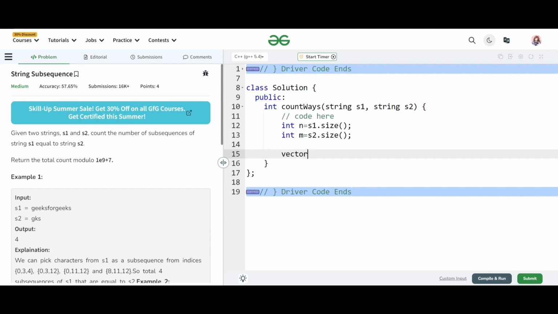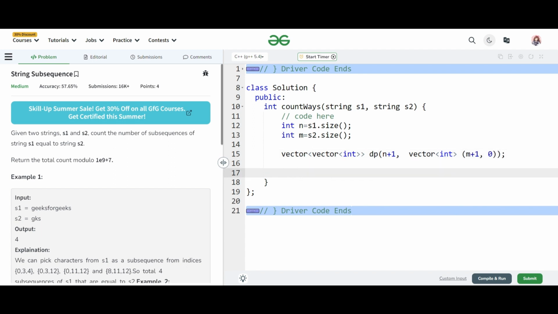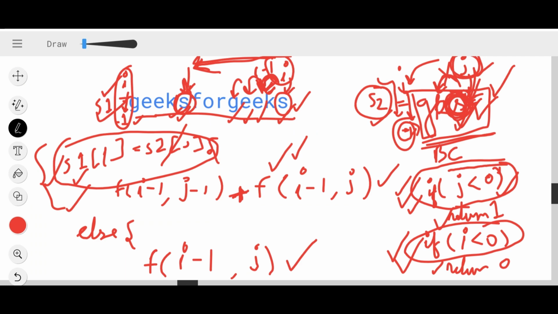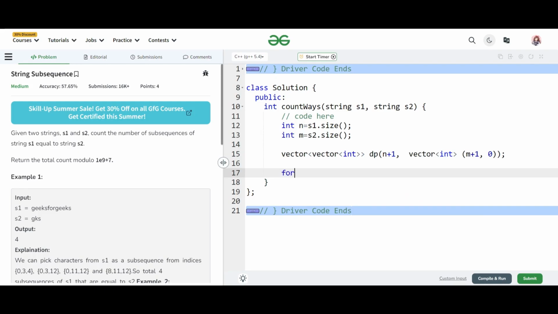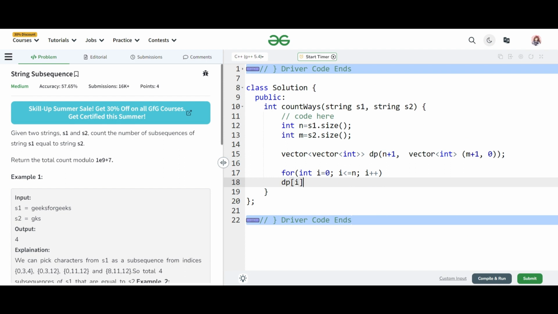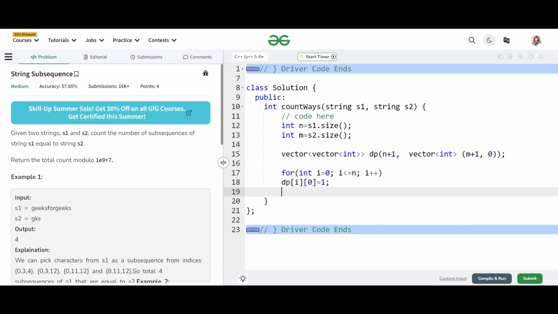Okay. Now let's declare a DP array. So this is my DP. Now here you can see that the moment my j was 0, I was returning a 1. So let's do the same thing here. The moment my j is 0, I will return a 1.